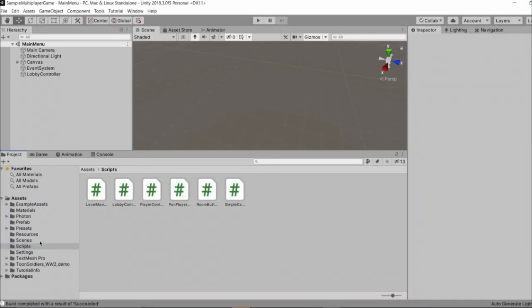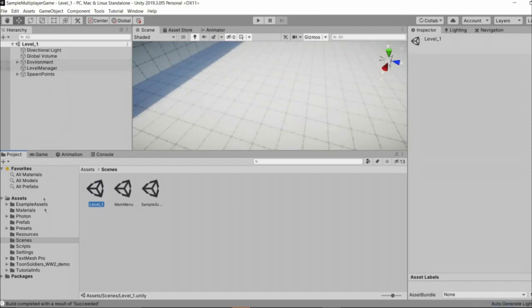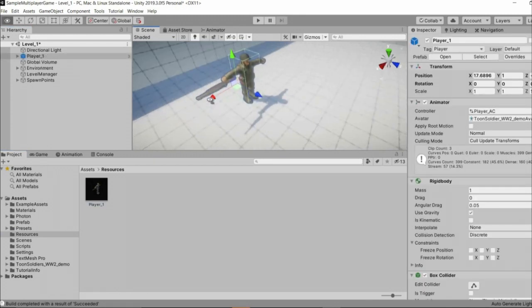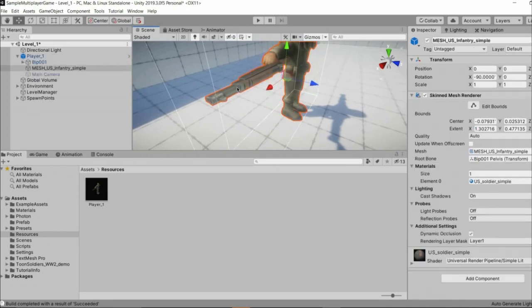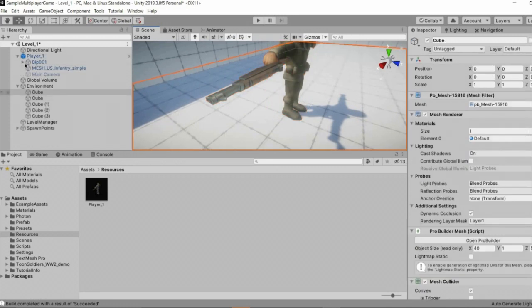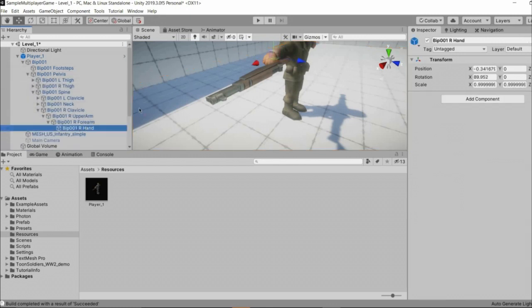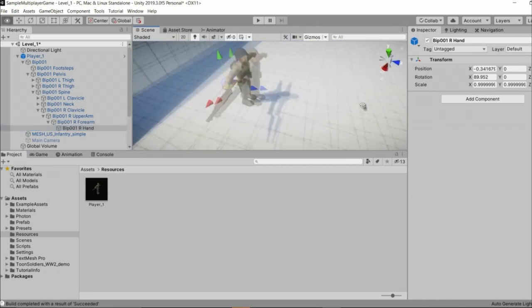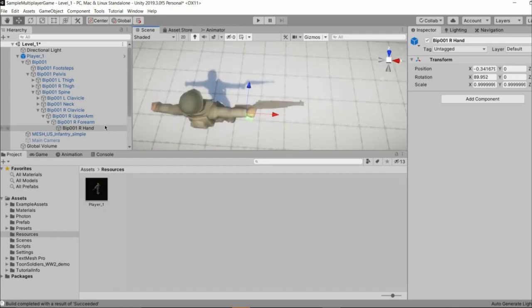So first of all, you need to create a bullet. For that, go to level 1, go inside of the resources folder, and drag in the player right there. You need to create an empty game object for this gun. So inside of this mesh, find the weapon. You might get it in the right arm because the weapon is held in the right arm of the player. So you are not getting a reference to the gun, but rather a simple reference. So what you could basically do is just create